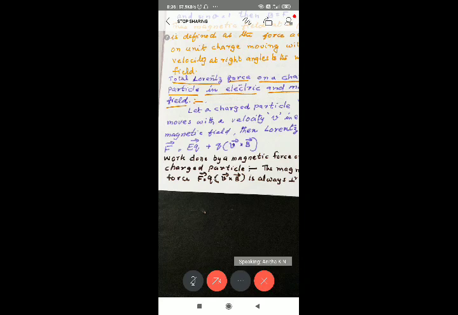We told force is perpendicular to both V and B. That we told. Force is perpendicular to both V and B. So force is perpendicular to the motion. You have to imagine that. A force is perpendicular to the motion of the body. One example can you tell? Force is perpendicular to motion. For example, when a body moves in a circular path, centripetal force is acting towards its center and direction of motion is along the tangent. So force is perpendicular to motion.